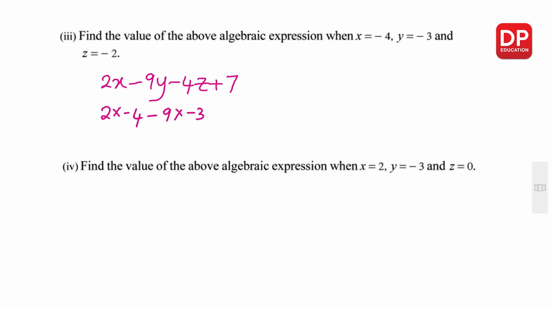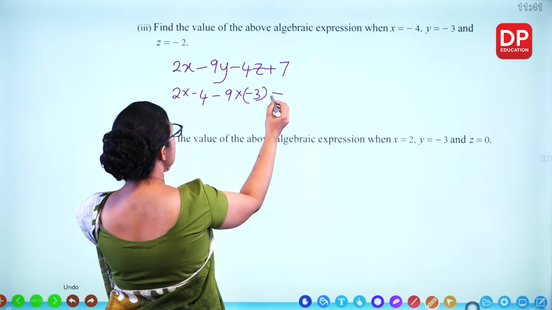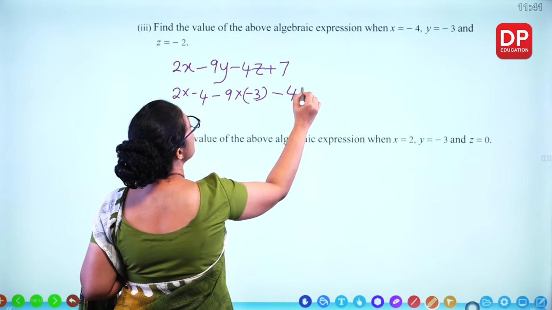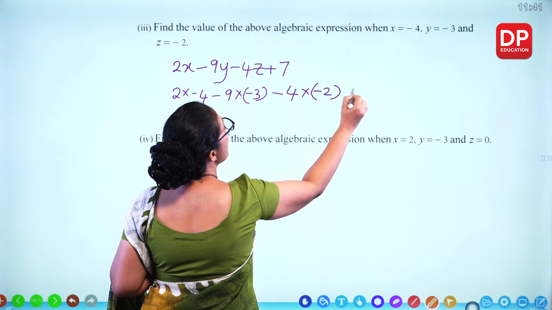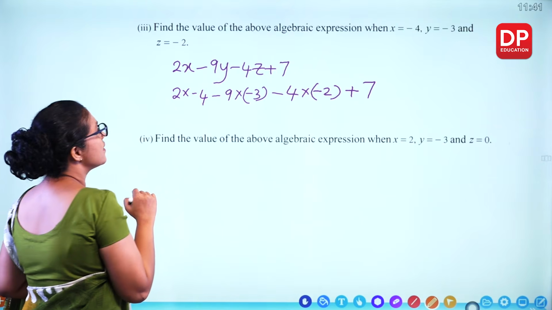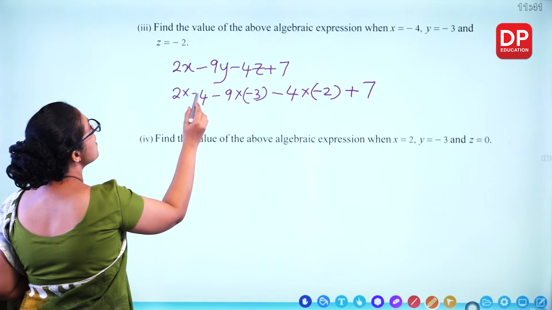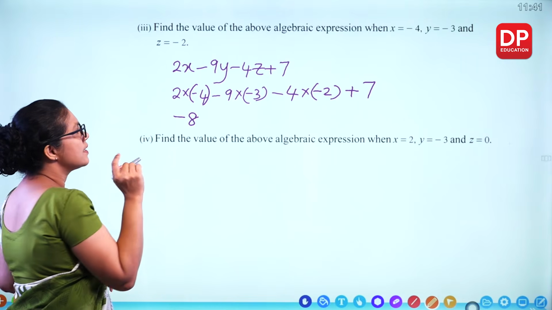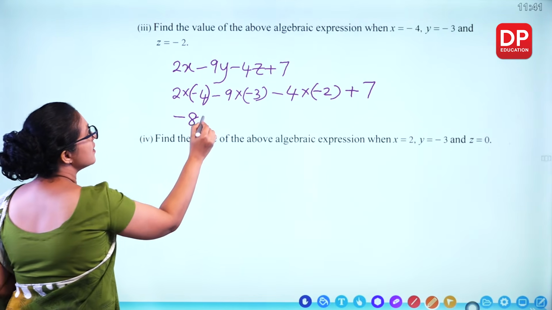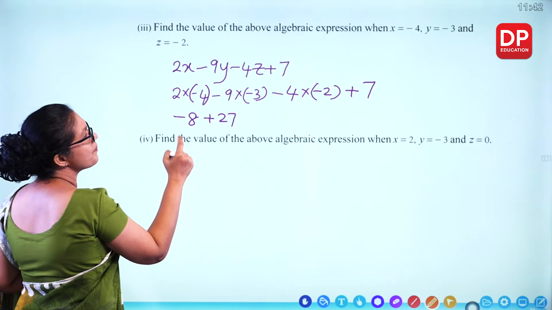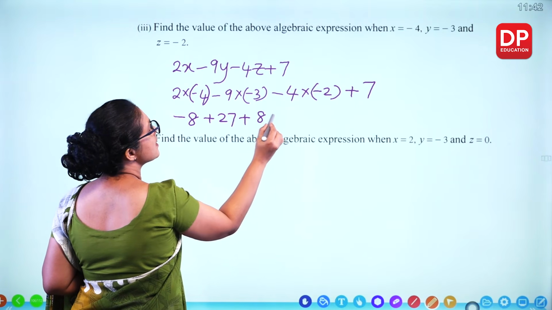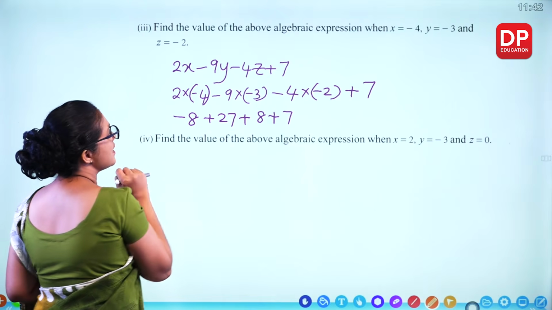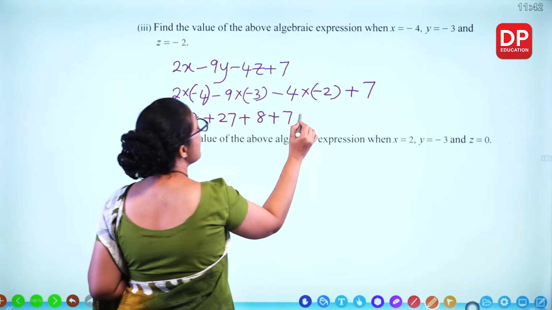This is minus 3. Minus 4 times z minus 2 plus 7. Now simplify. 2 times minus 4, minus 8. Minus minus plus 27. Here plus 8 and 7 there. Minus 8 plus 8 get cancelled out. You get 27 plus 7,